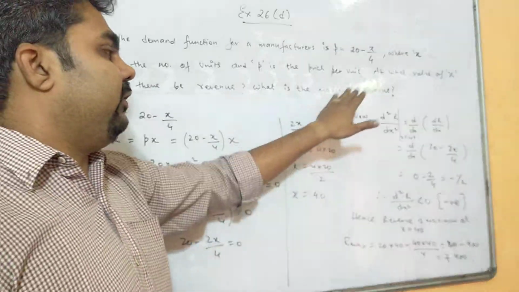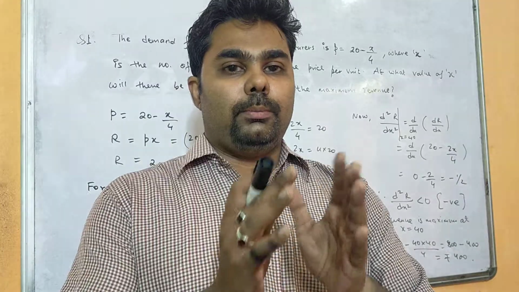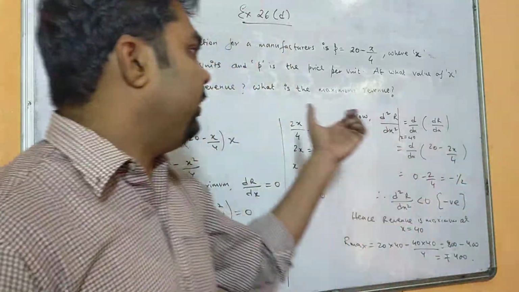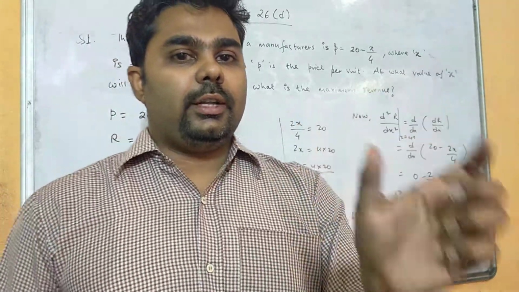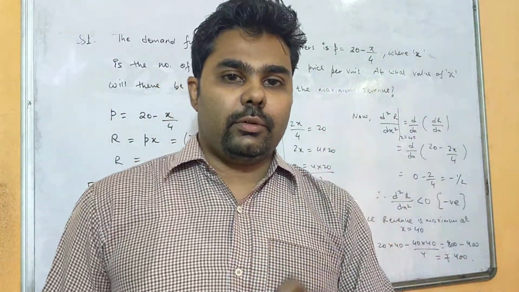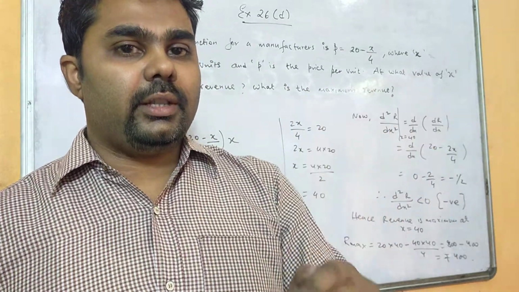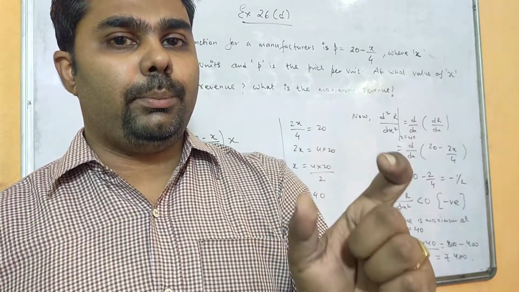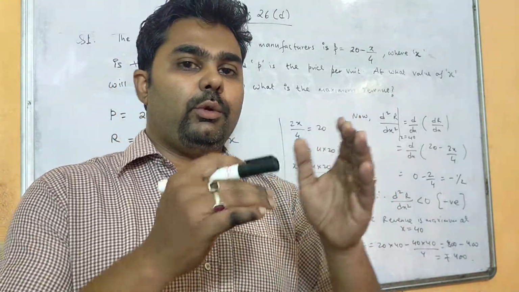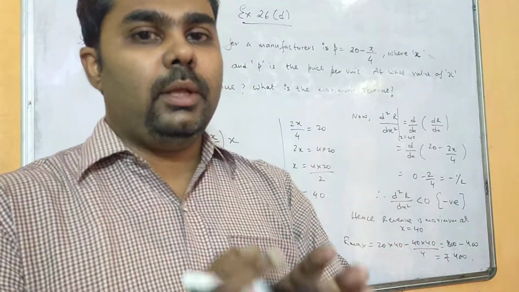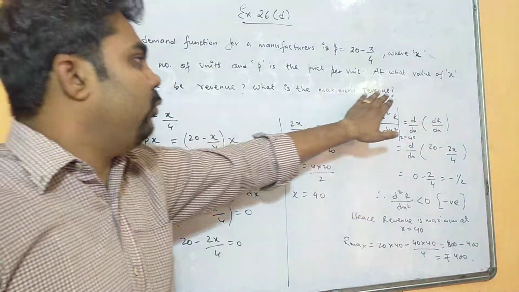Suppose in the question it is given to prove that the profit function is maximum. If profit is not given directly, then we take R(x) minus C(x), that is, revenue function minus cost function, to get profit. That profit function, whatever we get, we will differentiate: d/dx of P equals 0. So the first condition for profit to be maximum is dP by dx equals 0. But here in this question we have to prove revenue to be maximum.